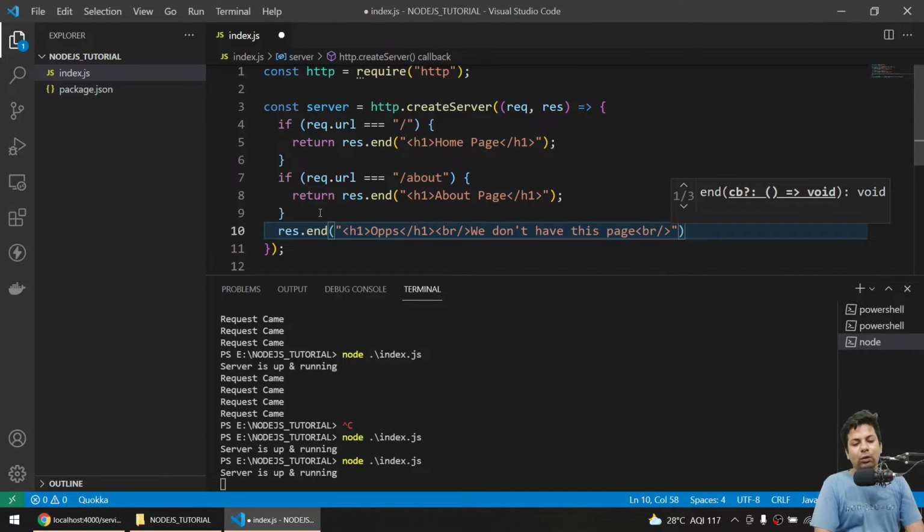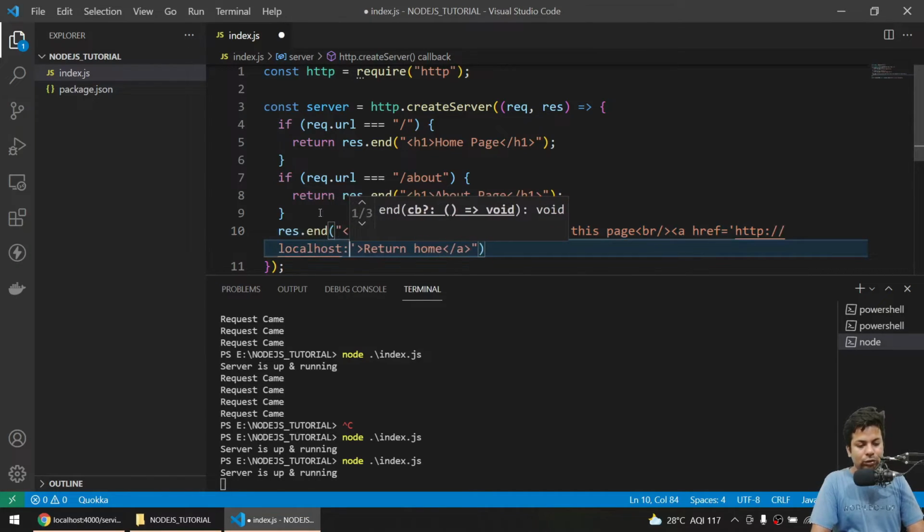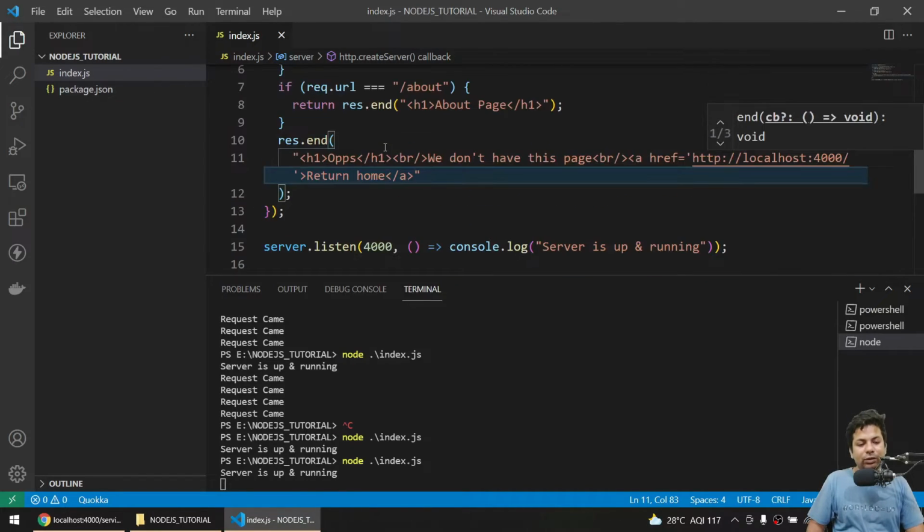Now we'll give a home page URL, so you can say anchor tag, and here I'll say return home, and here I'll give the href equals to http://localhost:4000/base. Okay, now it will tell okay, return to home page, we don't have any such URL. Now if I again just restart this,